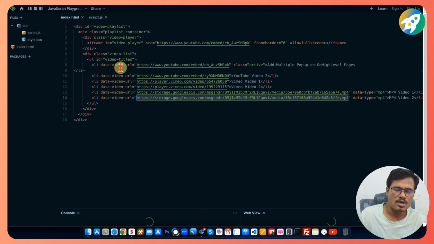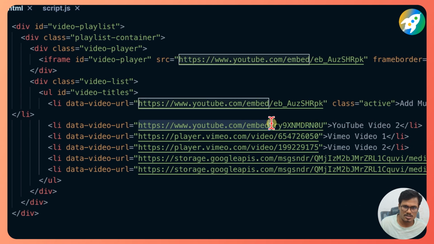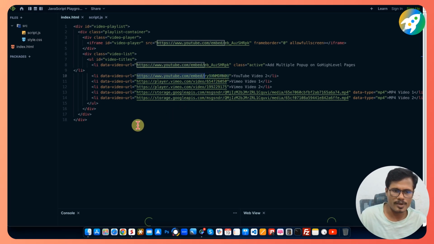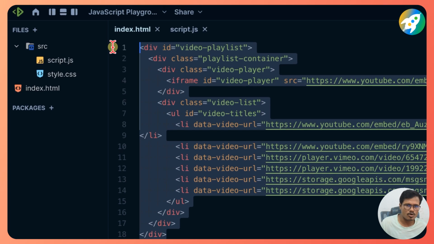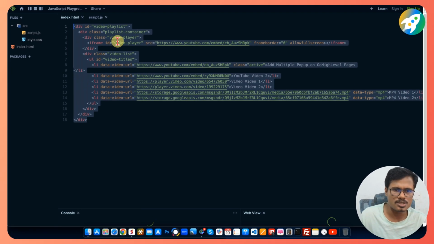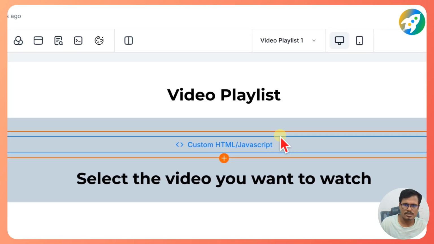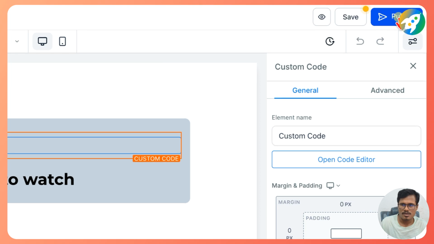If you use only YouTube videos, then you always just need to replace this part of the URL everywhere, up to the embed, and then replace the ID for all of your videos. This way you can add your videos. Then just copy everything from here. No need to make any other changes; everything should be the same. Just copy, go back to your editor, and I will replace it here. Then save, publish,